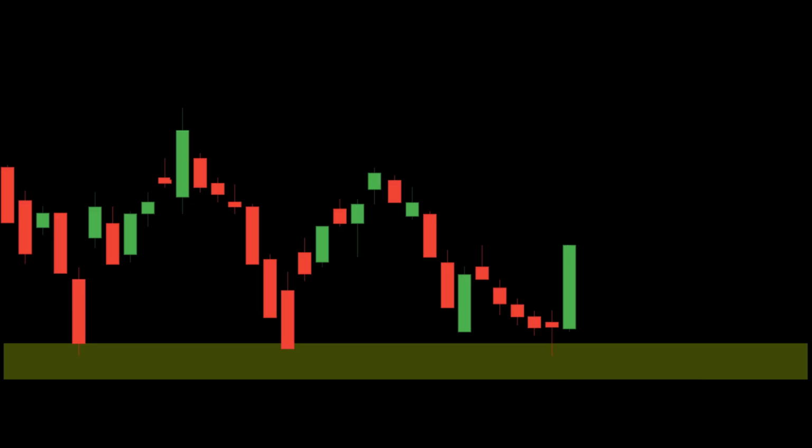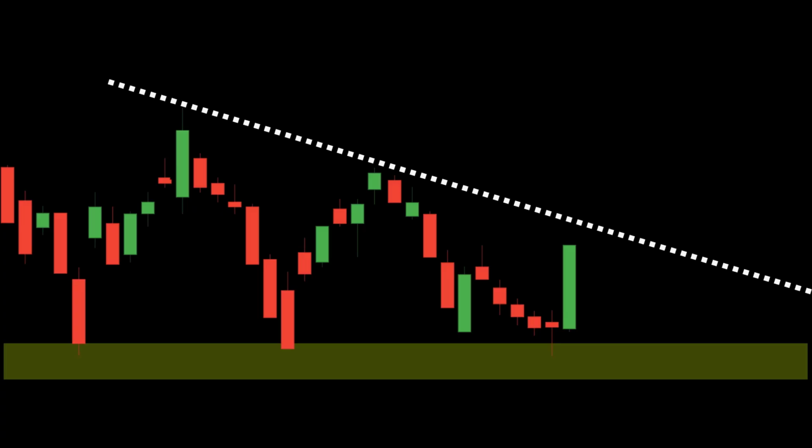2. Identifying trendline break with engulfing pattern. When 2 peaks form, we draw a trend line and watch price behavior as it retests the trend line. A red candle forms, suggesting sellers are defending the trend line. A large green candle follows, completely engulfing the red candle's range. This is a bullish engulfing pattern, showing that buyers have taken control.